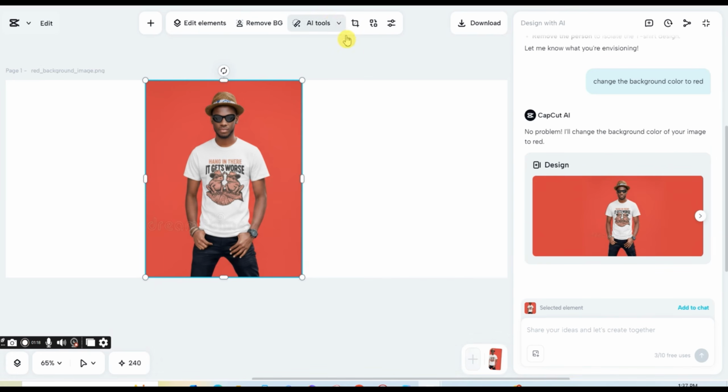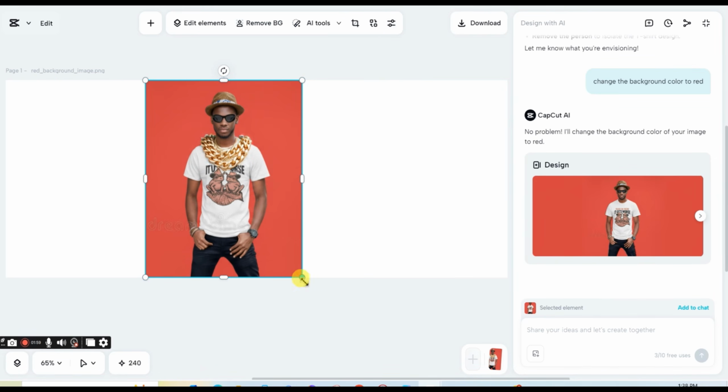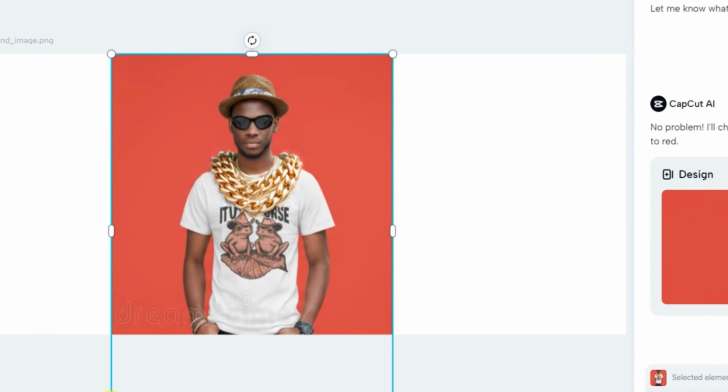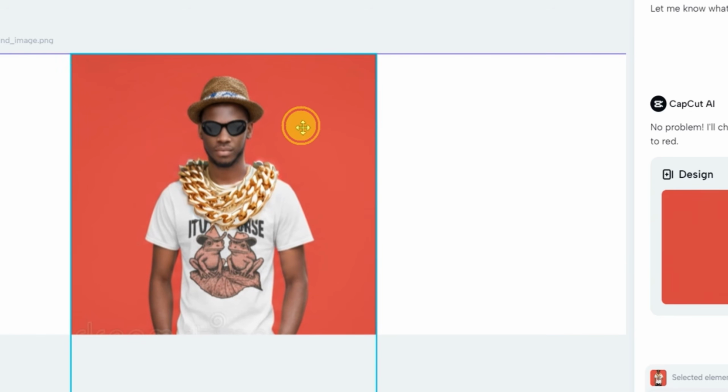mark. And then while the image is selected, I'm going to press on the inpaint and highlight the area around the neck, and I'm going to add a golden chain around the neck and press on generate. And here we get to see a chain is added to his neck. It's a little bit large compared to his body, but of course you can always inpaint again and get